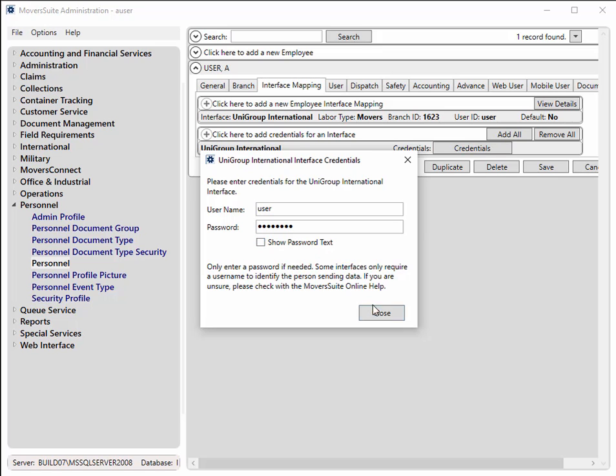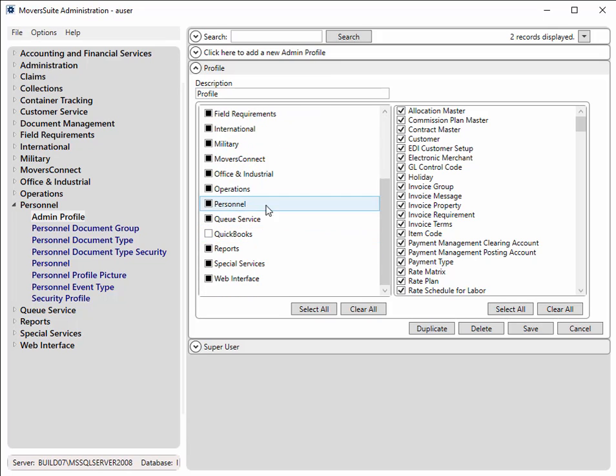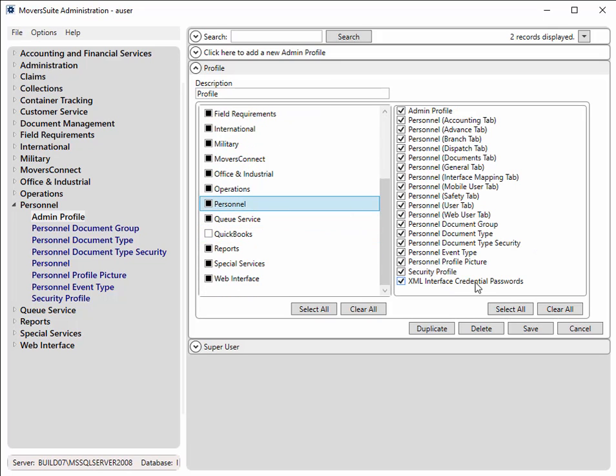Your company can determine which administrators have access to the password through a role associated to their admin profile. If the XML interface credentials password role under the Personnel category is checked, then admins can access the password setting of employee credentials. Another feature included in this release is an integration with the Serva QPD system to automatically download